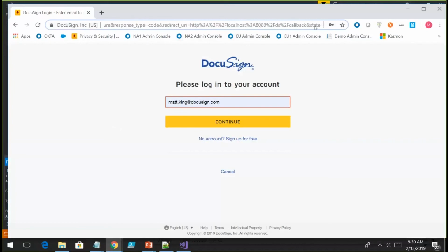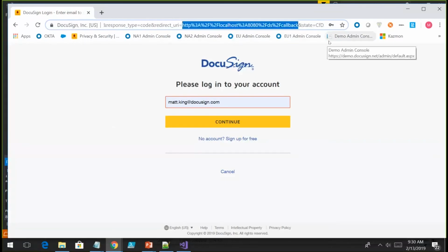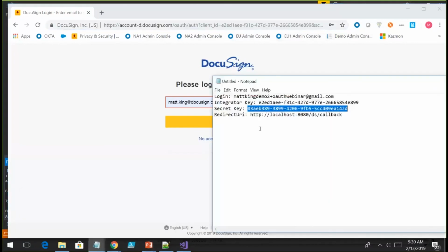Also included in this is going to be your redirect URI, which is URL encoded. So if you see it up here and it looks a little different, don't worry too much about that. As long as it translates towards the end, everything should be fine. And then at this point, you can go ahead and log in, and this will be the case for anybody that's authorizing themselves during this flow.